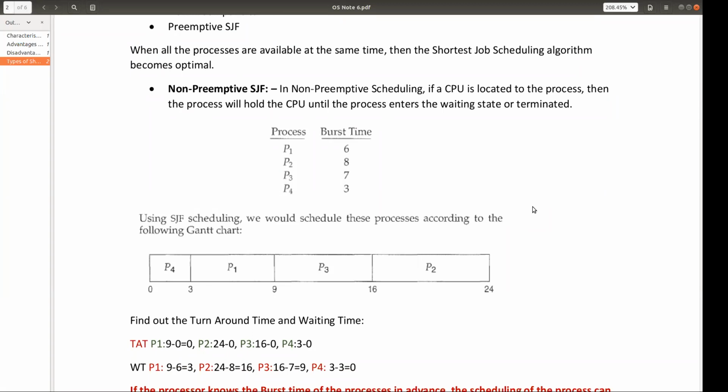but before that, just see the result of this particular algorithm, this particular problem, the turnaround time for process P1 will be how much, completion time minus arrival time। now as arrival time is not given here, so we will consider the arrival time is 0 for all these processes, so P1 will be 9 minus 0, 9। P2 is 24 minus 0, P3 is 16 minus 0, and P4 is 3 minus 0। okay, that means turnaround time হবে P1 এর ক্ষেত্রে 9, P2 এর ক্ষেত্রে 24, P3 এর ক্ষেত্রে 16, P4 এর ক্ষেত্রে 3।